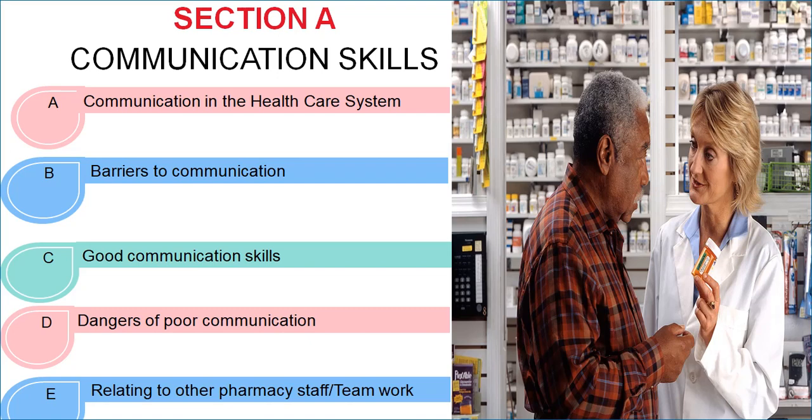Now, under the customer service, there are basically about 6 or 7 topics that we'll be discussing. The first one, we're going to look at communication in healthcare systems. The way we communicate in healthcare is very important, because if you don't communicate very well, it can bring a lot of issues. So when you start these lessons, you are going to look at what communication is, the communication cycle, and factors to consider when you are communicating.